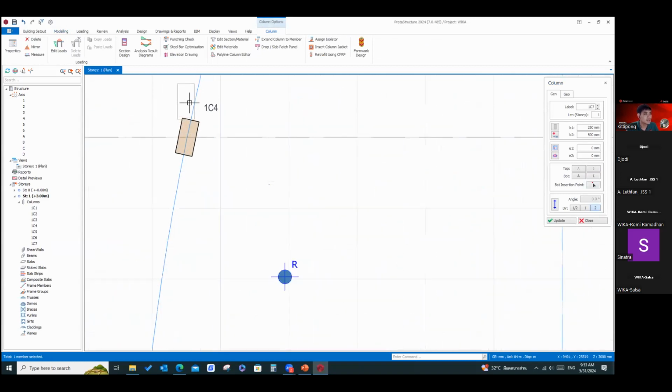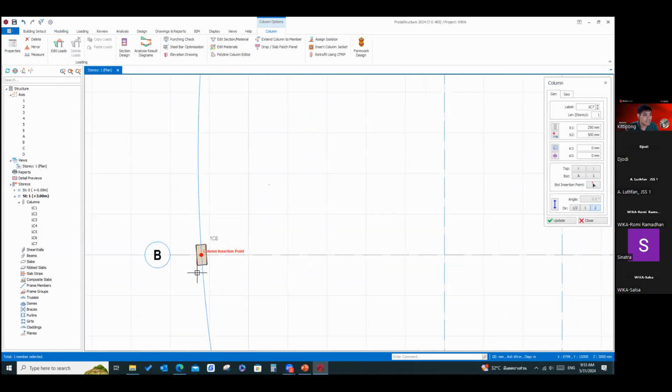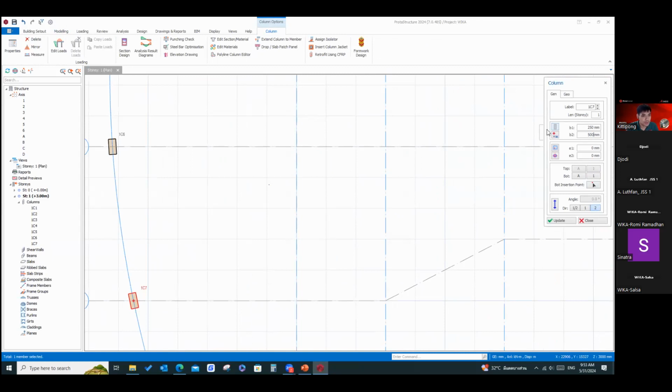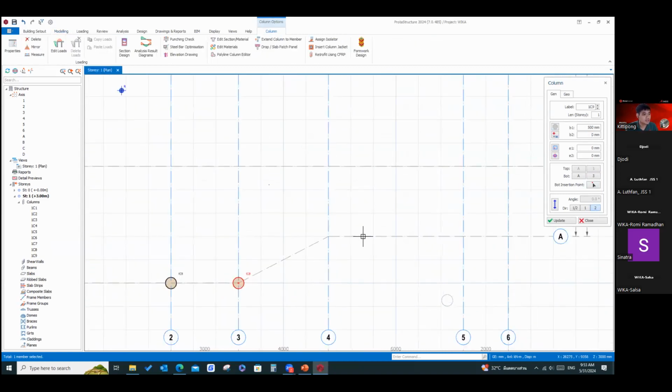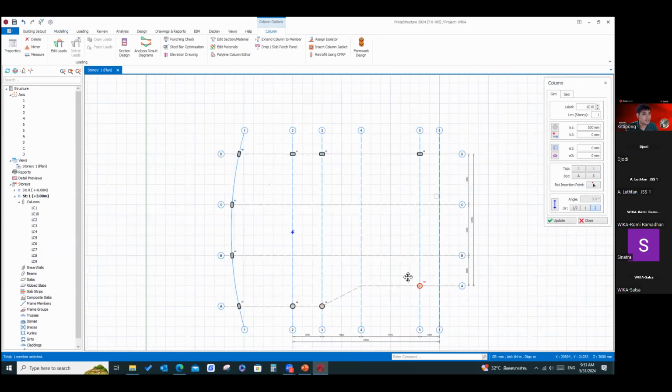The column is already locked with the grid line and changes the angle by itself. Or you can choose the section, whatever you want, or create a new section. You can also do that. Quite easy.